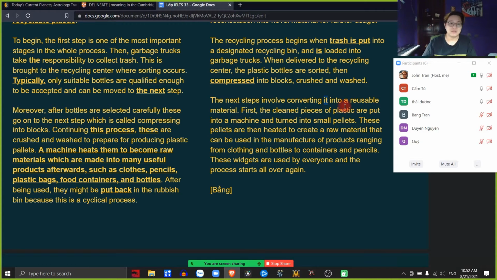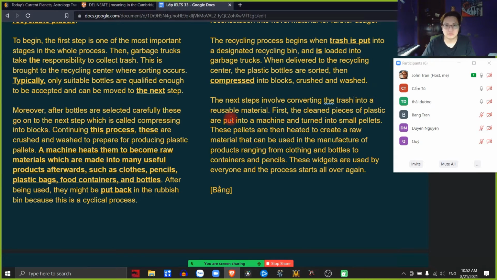Yes. Converting the trash into reusable material. The next stage involves converting the trash into reusable material. First, the clean pieces of plastic are put